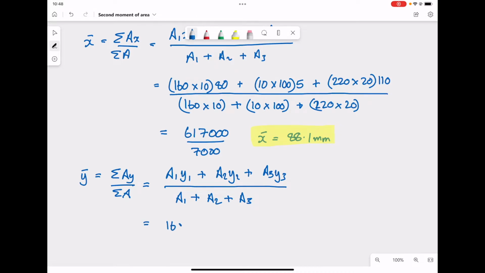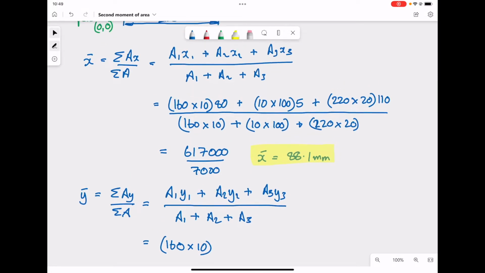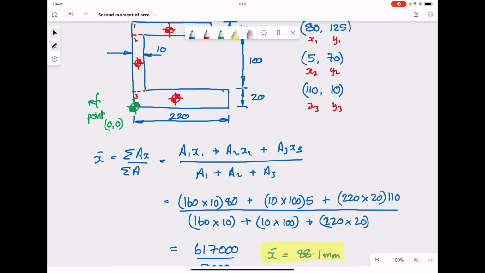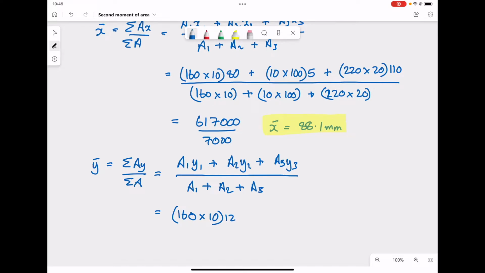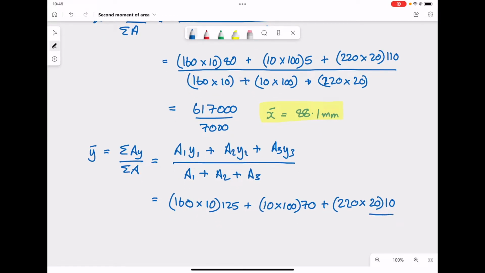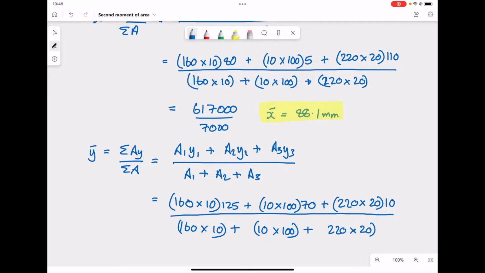Filling in the values we have, area 1 is 160 by 10. The y1 dimension from the top is a value of 125. Area 2, 10 by 100. The y2 dimension is a value of 70. Area 3, 220 by 20 by y3, which is a value of 10. That gets divided by the total cross-sectional area, 160 by 10 for the first rectangle, 10 by 100 for the second, plus then 220 by 20 for the last rectangle,